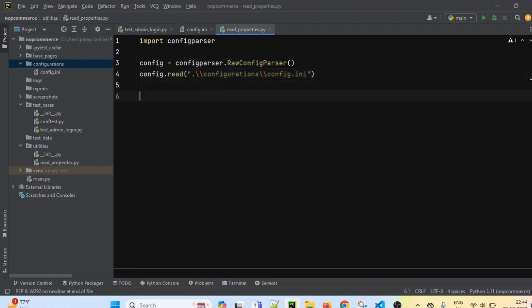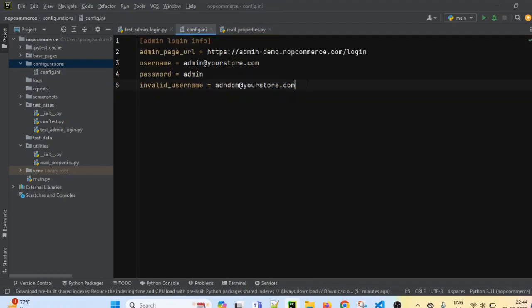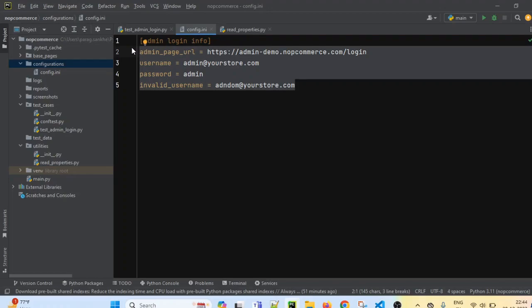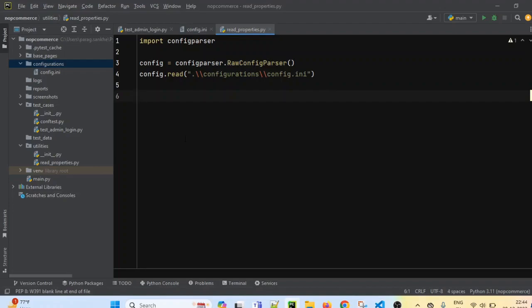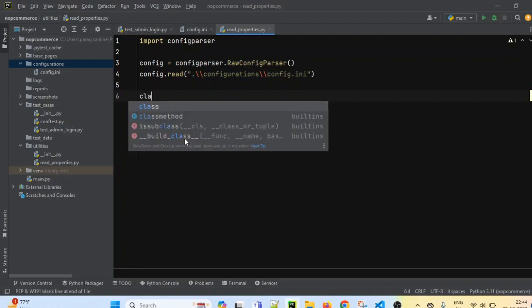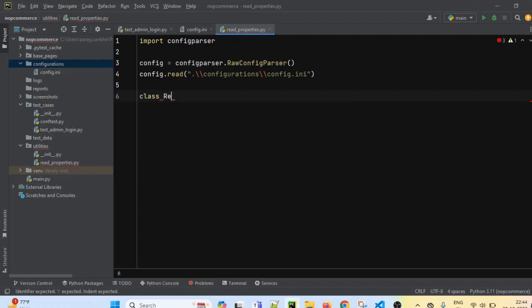Now we are reading the config.ini file, but after that we have to fetch those values. To fetch these values, let's create one class. Let's name it ReadConfig. So the class name is ReadConfig.